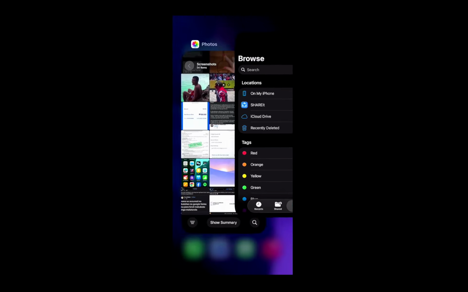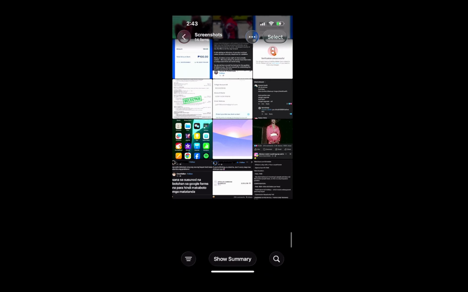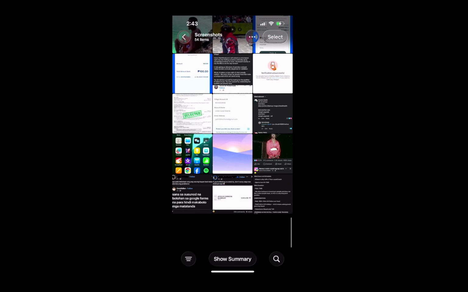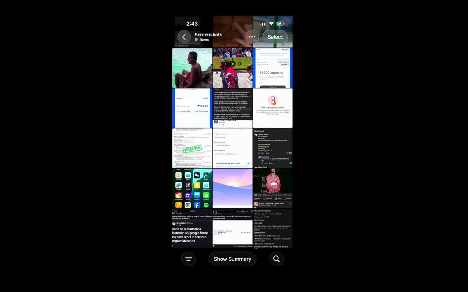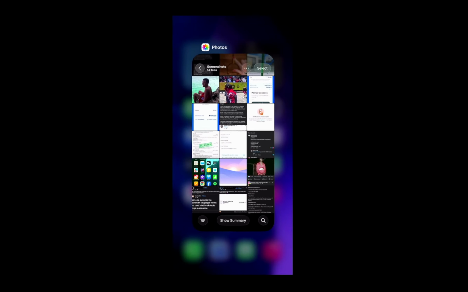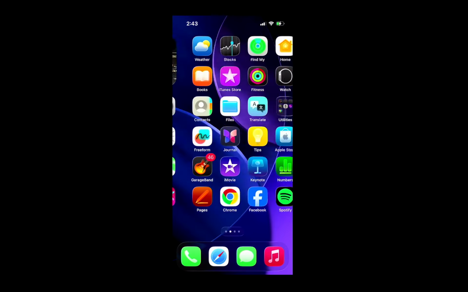Start by finding the file you want to add. This could be in the Files app, in a folder you use often, or another location that shows up in Files. Press and hold on the file until a small menu appears. From that menu, tap Copy. This action prepares a duplicate of the file to be placed in iCloud Drive, and it won't remove the original from its current spot. Think of it like picking up a photocopy, ready to drop it into your cloud storage.